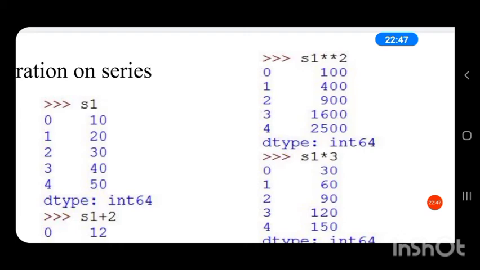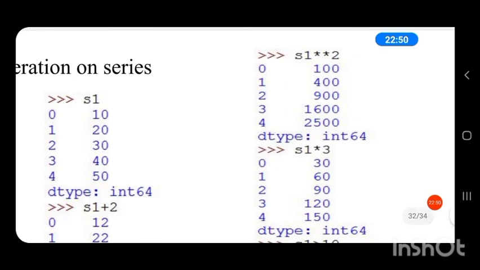That is 10 star star 2. 10 square is calculated and we get 100. 20 square is calculated and we get 400. 30 square is calculated and we get 900. Then 40 square is calculated, then 1600. 50 square is calculated, then 2500.